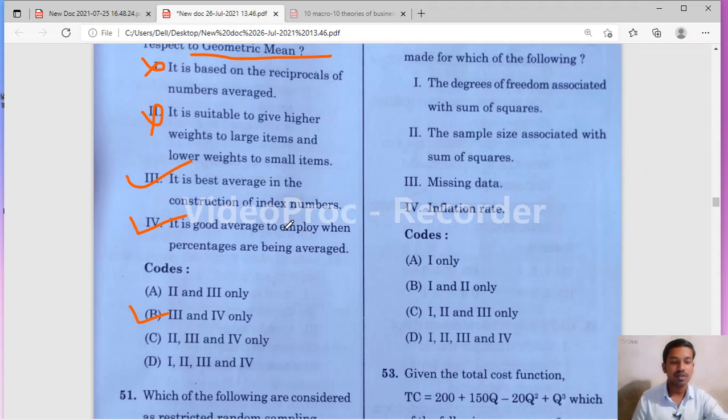Okay friends, in this video we have solved questions from 1 to 50. In our next video we will solve questions from 51 to 100. So in this video I just gave you key answers. If it is possible, I will make another video with explanation. Many candidates were requesting me to give key answers, so they are excited to check the key answers. So in less time I have given you key answers. Okay, thank you.